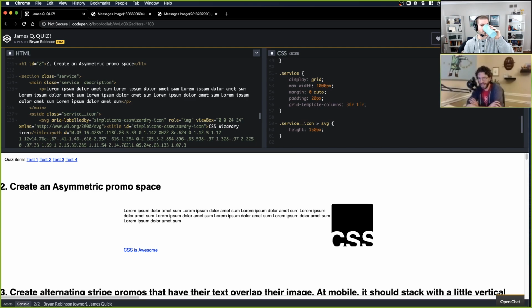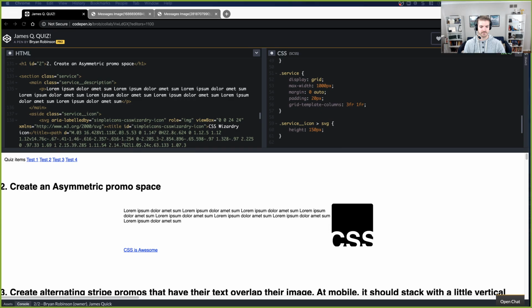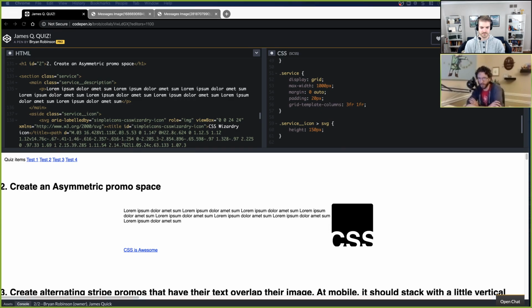You actually don't even need that aside with the SVG holding the SVG there, because Grid doesn't really care about container versus image versus whatever. So I would go back and forth on whether or not I want that inside of an aside. I could see semantically that might make sense, although I don't even think in this case. So, a grid example from 4 years ago, I've got lots of philosophical things to change, but you could just have that class of service icon on the SVG and then use that to set the height.